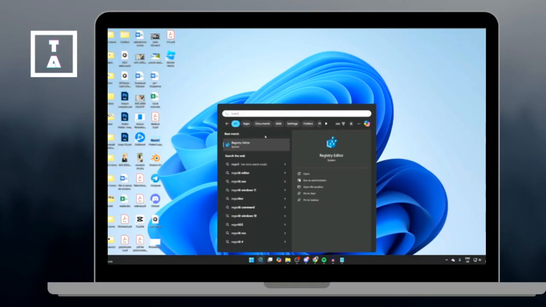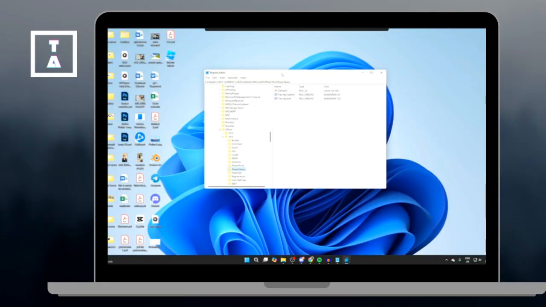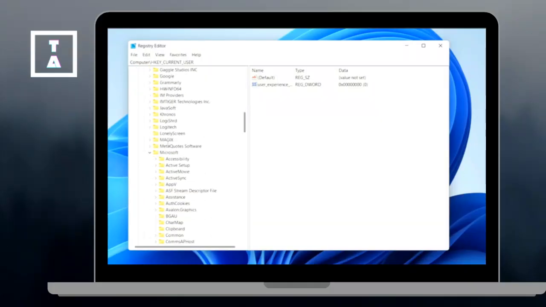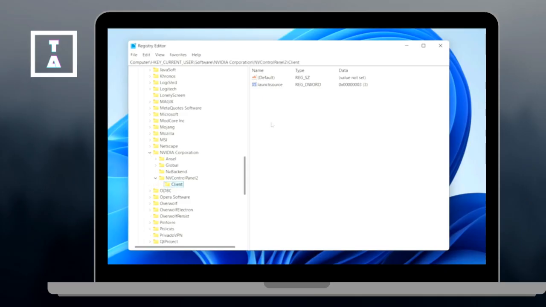Now, click the Windows search bar and type Registry Editor or Regedit and open it, and allow the security prompt if it appears. Then navigate to HKEY_CURRENT_USER, then go to Software and NVIDIA Corporation, then NvControlPanel2, then Client. Then right-click on the blank space on the right side, then select New, then